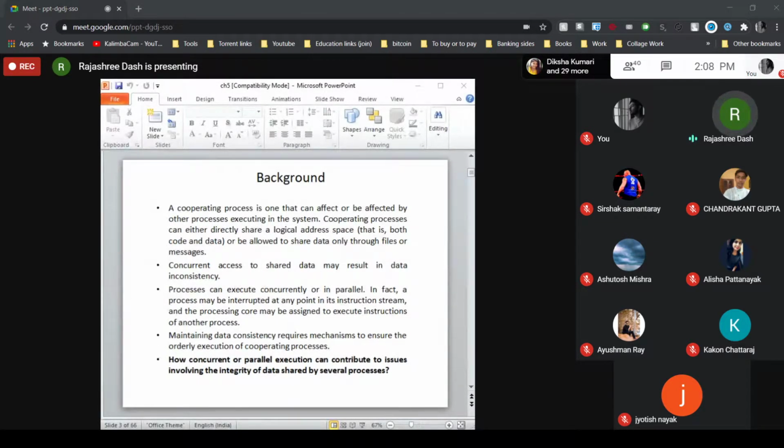The cooperating processes can either directly share a logical address space, that is code or data, or be allowed to share data through files or messages.